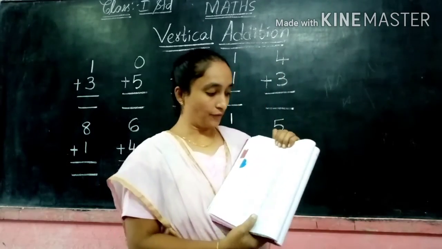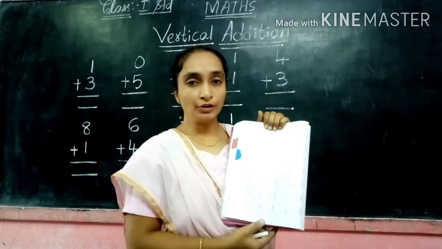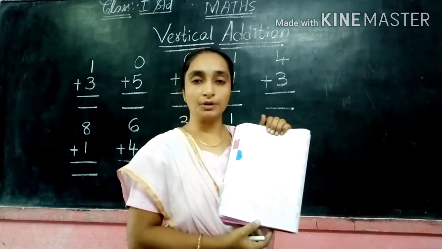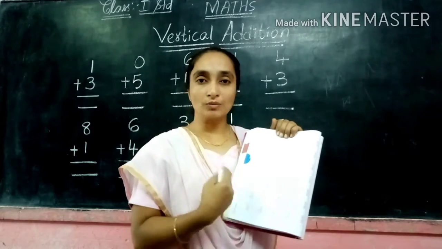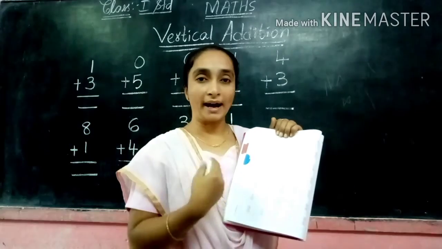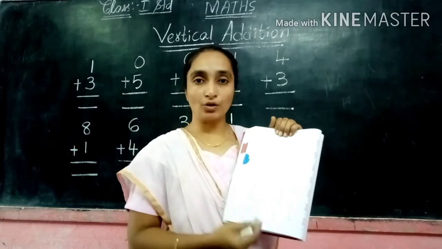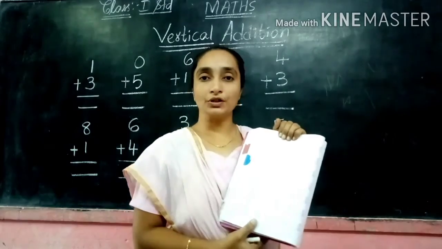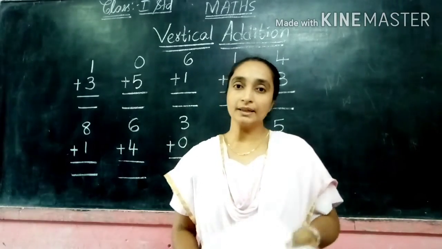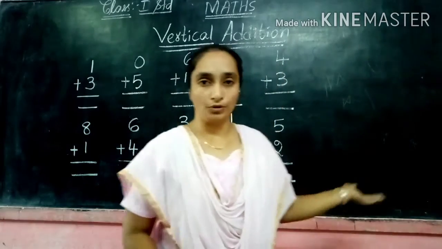Here we have the full exercise, children. The full page here we have the vertical additions. So by adding 0, small numbers only. By adding 0, by adding 1. So by changing the order of the numbers here we have so many additions. All of you can complete in your textbooks. Let us see some more examples on the board.